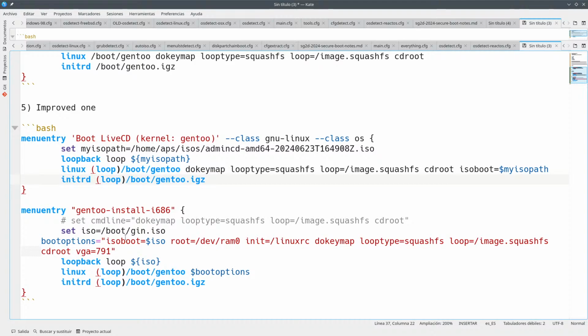Is this done like this? Yes, it is. Or do you use, yeah, I think you do it like this, and you can name this whatever you want to name it. So this could be, you could say that this is admin CD loop, but let's not do it like that because I'm not sure what's the maximum length for this. So let's call this G loop, like Gentoo loop. Okay,